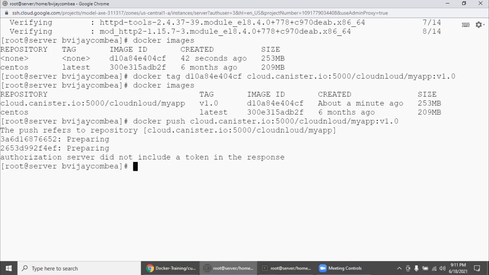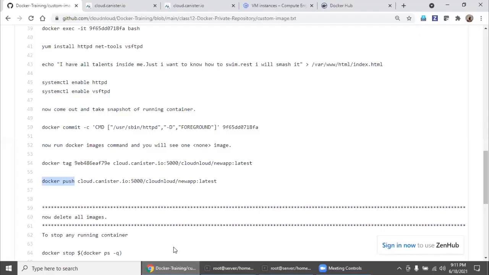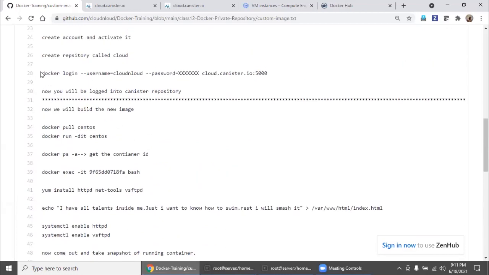Why? Because the private repository doesn't know how to authenticate, right? So for this cloud/myapp repository, you need to prove you are the owner. We have seen this in the previous session also. So you need to log in, docker login, with username cloud and password, and mention this.